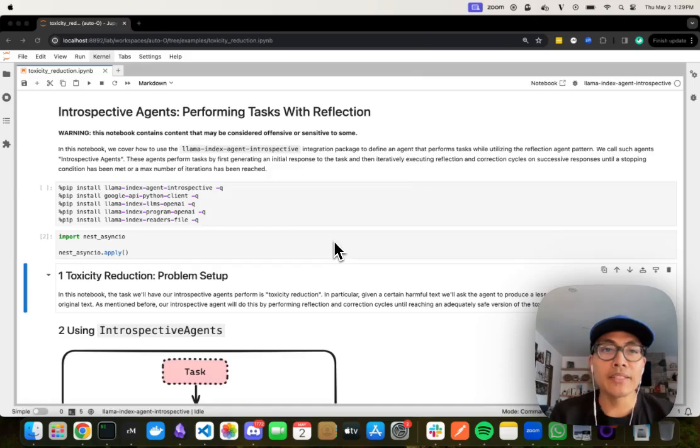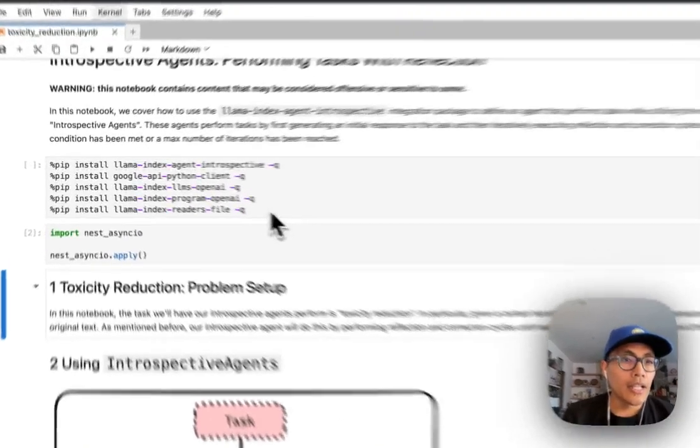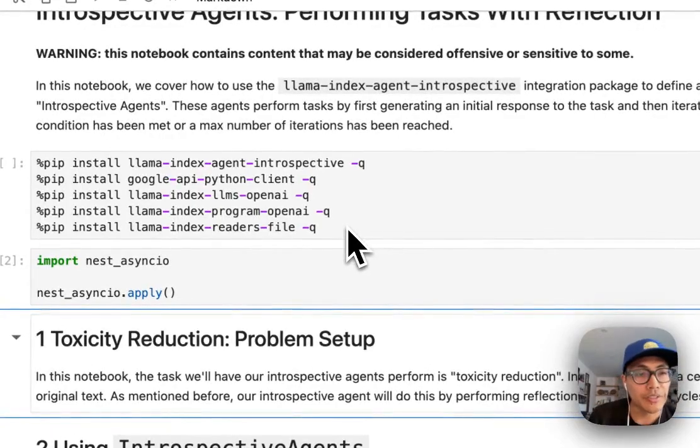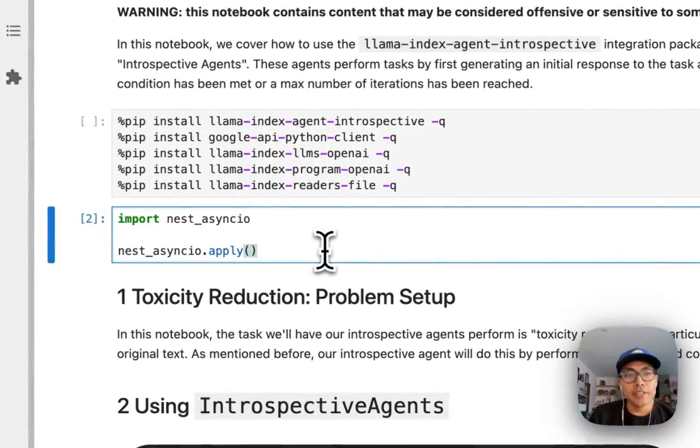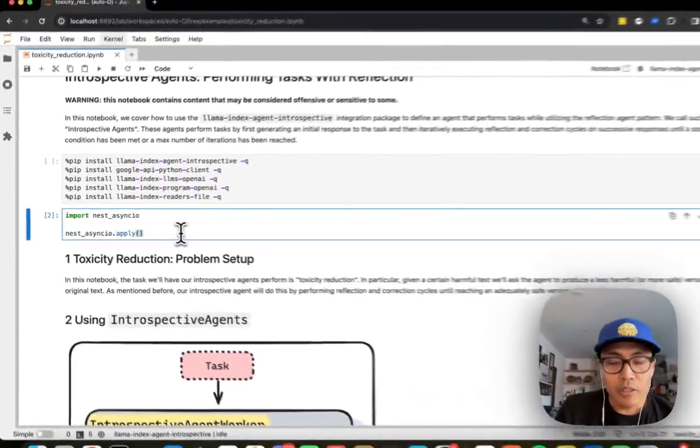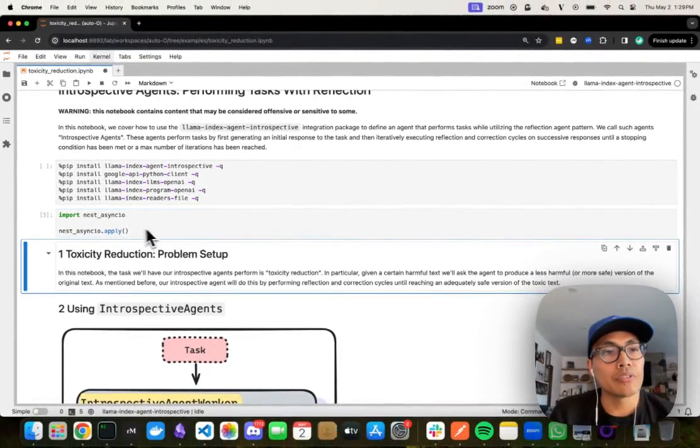We've implemented that reflection design pattern here in a new package called llama-index-agent-introspective, and this notebook will walk through how you can use the main classes contained in that package. To begin, we need to, of course, install our necessary packages. Here you've got the llama-index-agent-introspective. And a quick setup thing here too. We are going to run some async calls, so we do need an event loop running, and so we'll use